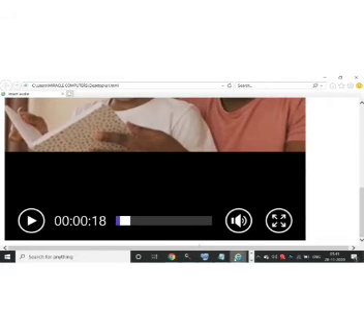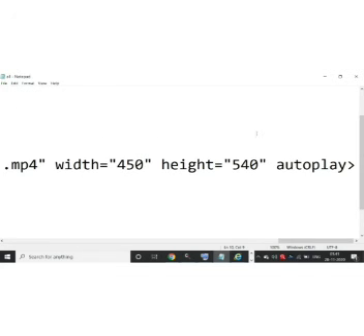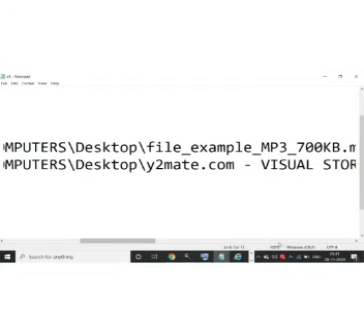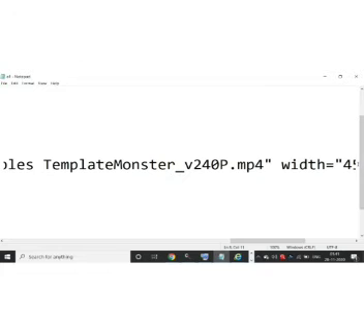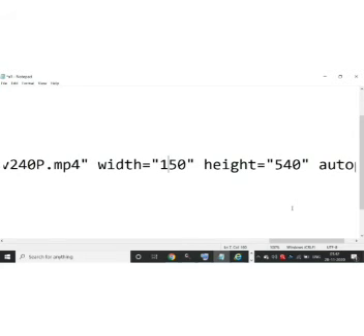Also, you can do how? By reducing the value of the height and width attributes here. If I reduce my width and height, I can reduce the size of the video player. So suppose here, 150 width, and I'm reducing the height also here to 140.